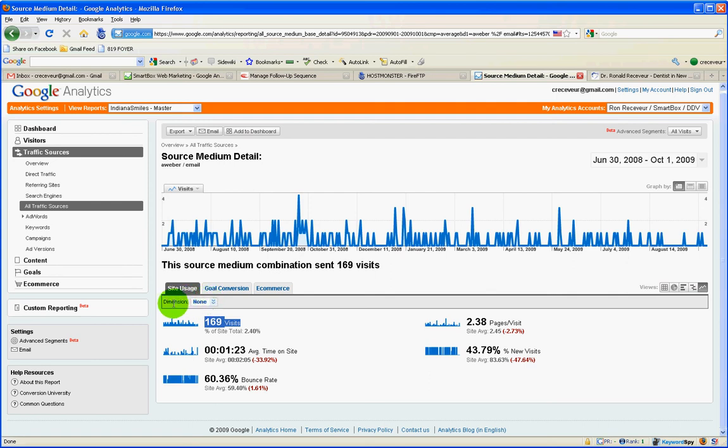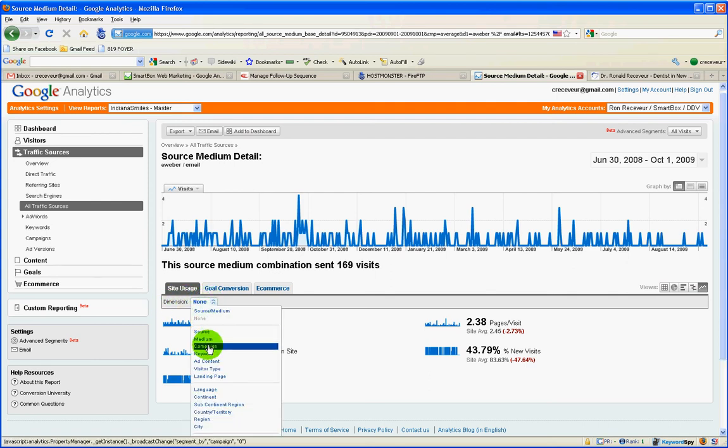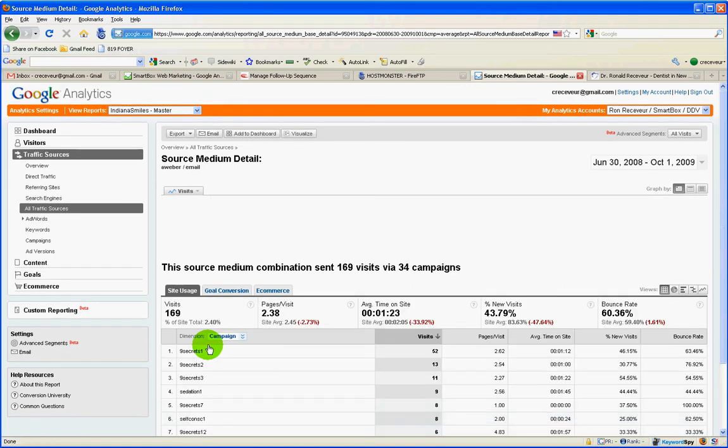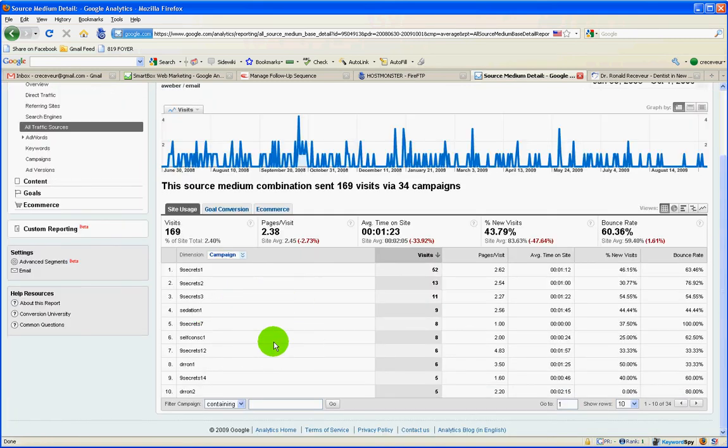Now what we can do is click here on this dimension and go to campaign, which will allow us to drill down onto specifically which specific email in this email campaign brought us the most traffic. And we can see here that 9 Secrets 1 is by far the winner with 52 visitors coming from it. The second email in the sequence is the second winner, third is the 11, and the fourth winner is a sedation sequence. We've got self-conscious sequences, Dr. Ron. That's another topic for different sequences, but what you'll also want to drill down on even farther is the